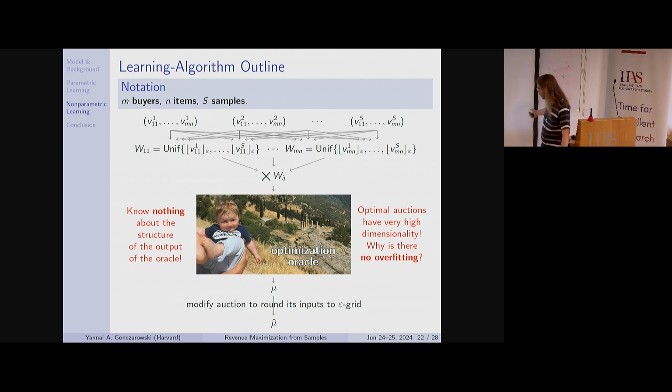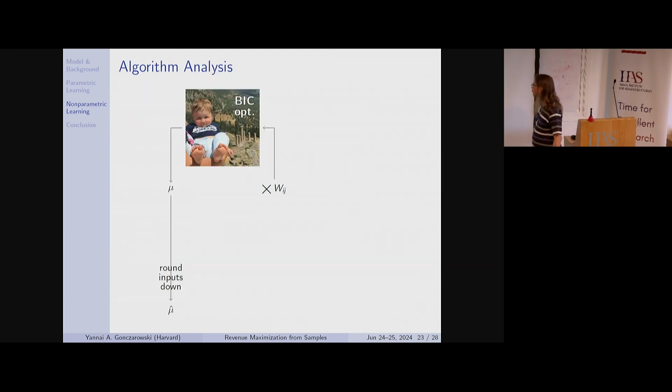So the main thing I have to show you is why there is no overfitting. And one hint here, to people who are familiar with the literature on model misspecification, on people with misspecified priors: you can think about this as a deliberately introduced, very controlled model misspecification so that our statistical analysis will be able to rule out overfitting. If what I just said meant nothing to you, you can ignore it. We'll give more details in the next slide.